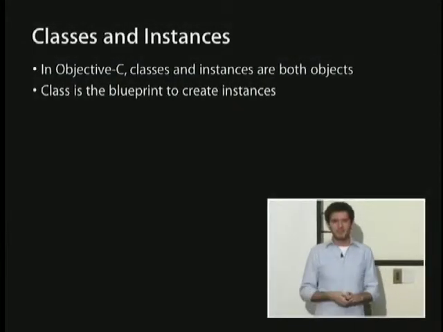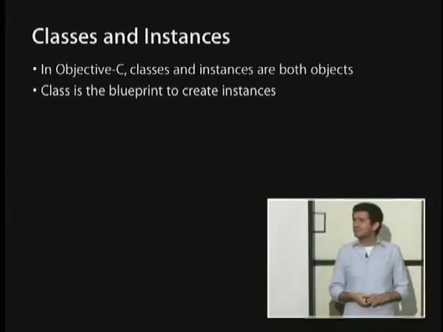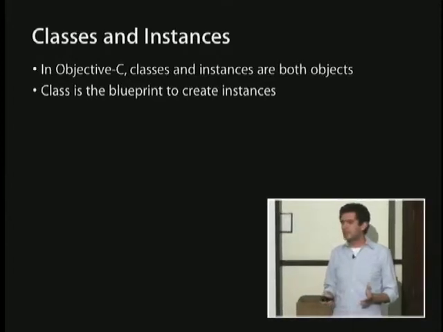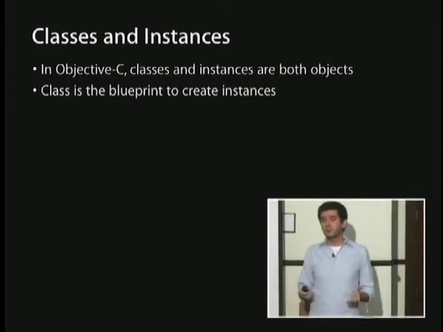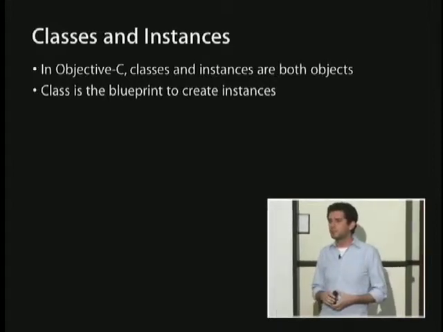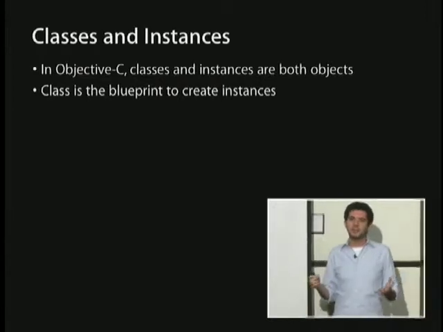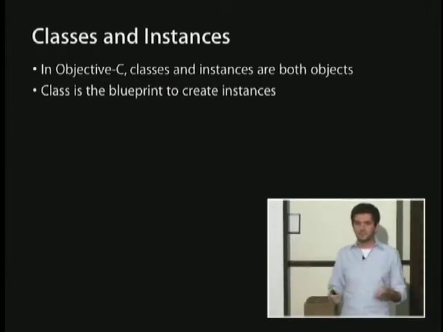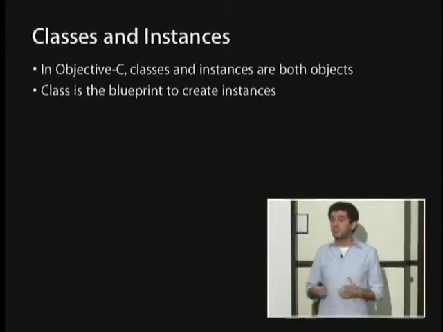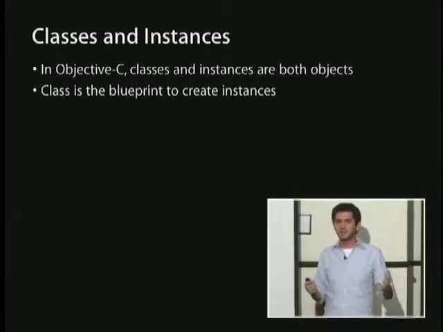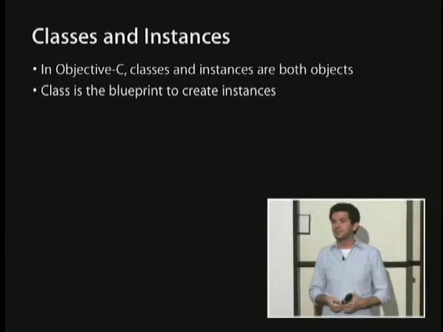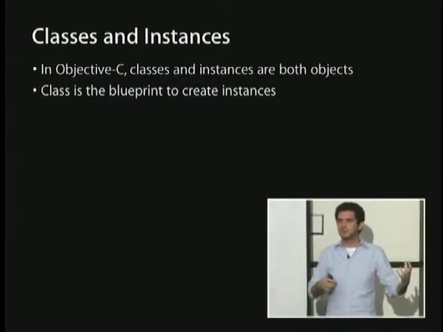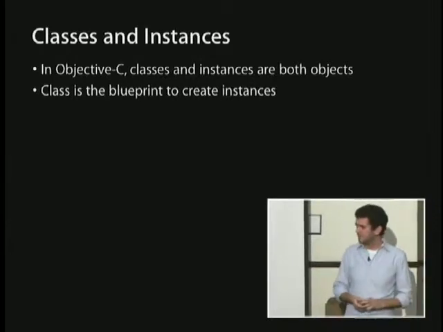So, object-oriented programming with Objective-C. I mentioned briefly already that classes and instances are both objects in Objective-C. So when you declare a new class, you basically get a singleton instance of an object that represents that particular class. It's of type class. And you can send messages to that object. You can basically message a class itself. And that's actually how all allocation is done, by messaging the class, which is the thing that does the allocation of the object itself.